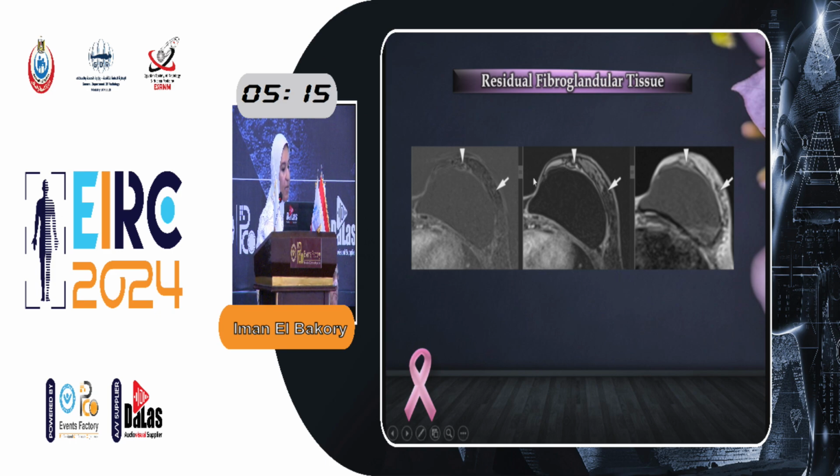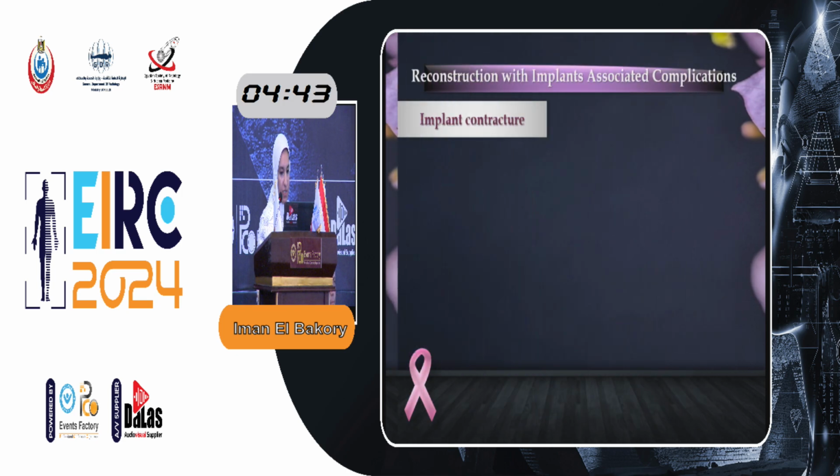Here is a subpectoral implant, and there is a lesion that's present anterior, and this actually was the cause of the indication of the imaging. This lesion follows the fat signal again in all the sequences of MRI. So this is a traumatic fat necrosis, while there is incidentally discovered residual breast tissue present in the inframammary crease, which is actually a difficult area for resection of the breast tissue. Commonly, we see residual breast tissue in this region.